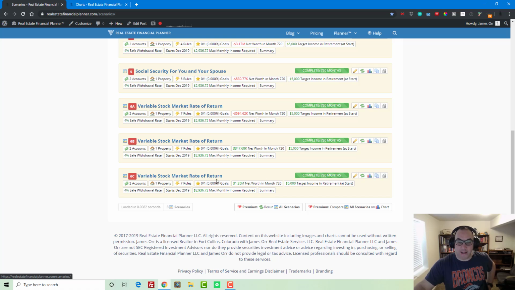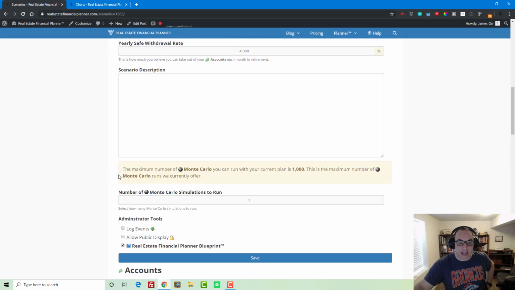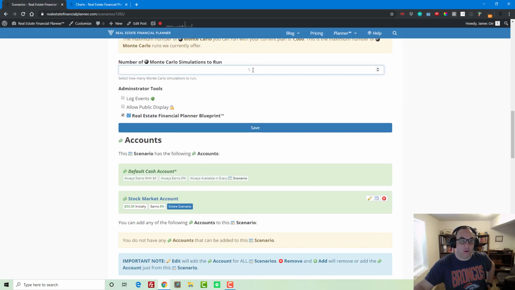But if you wanted to, if you were going to go in here, you could actually run this exact scenario more than one time. The Monte Carlo simulation would allow you to run this thing. Let's say you wanted to run it 100 times. You put in 100 here, and it would run it, and then it would summarize your results instead of showing you